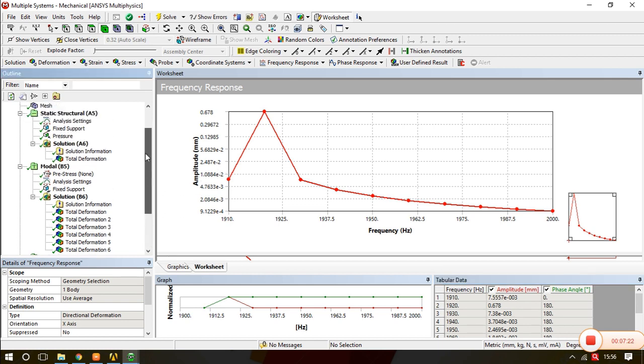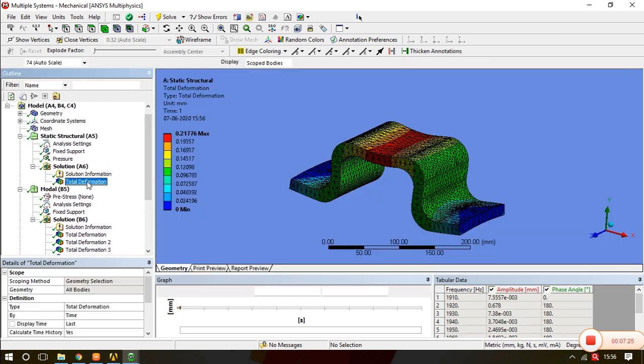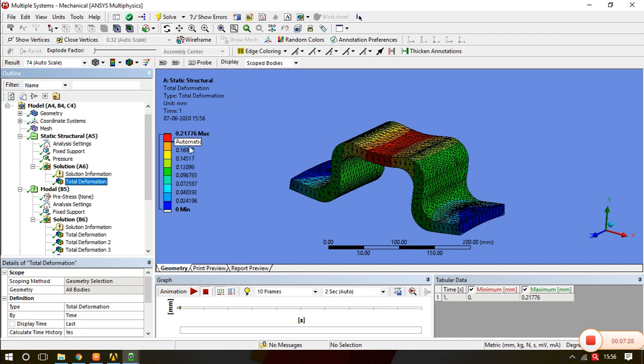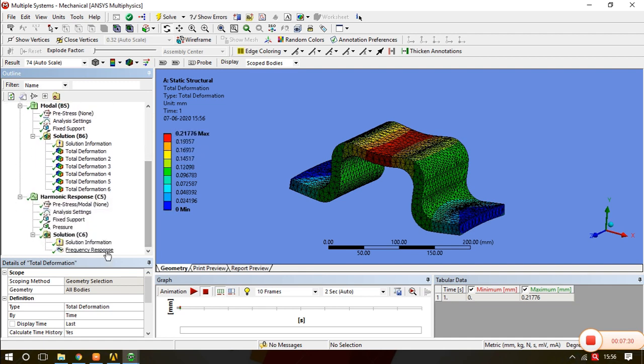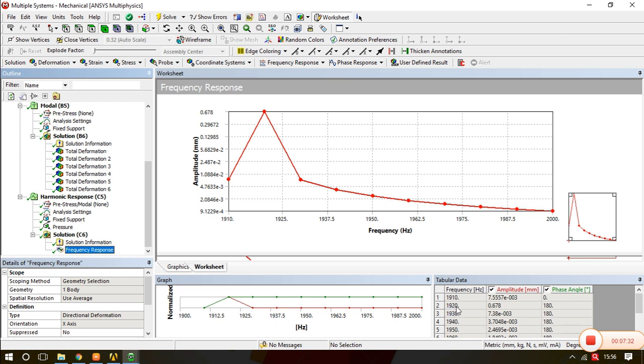In actual, the total deformation is only 0.21 mm, but at 1920 Hertz we may get 0.678 mm, and if this particular frequency matches with the natural frequency of the body, then resonance may arise. So while designing, to lower this, we need to change the material, and all the things which are useful to stiffen that particular bracket, we have to apply.